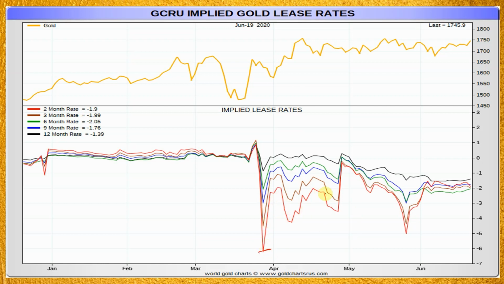This cooled off a little bit for a while, but again, back at the end of May, it went back down to -5%. And again, it's cooled off a little bit. So at the moment, it's at -2%. And this is all very unusual. Normally, certainly in 2008, these lease rates are actually highly positive. So what we're experiencing is something quite different to what we've had in the past. And certainly if you look at longer term charts, these haven't really been anywhere near as negative as this.